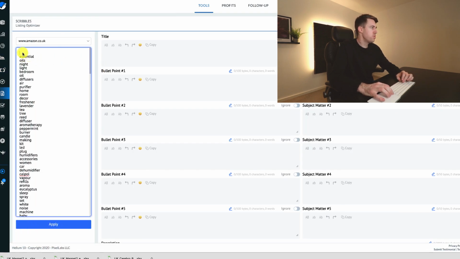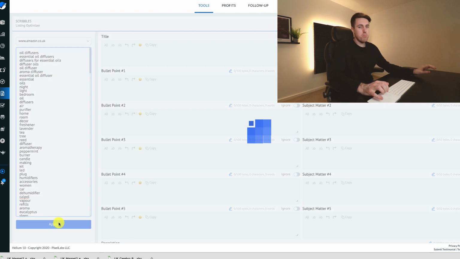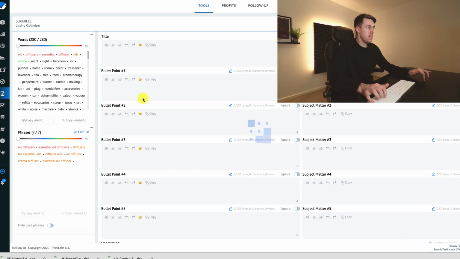So we're going to shift that down a little bit, paste those in there, and then we're going to apply. The reason for leaving the phrases in there is that if you leave it in phrase form, it shows you the phrases as well as all of these words. And what Scribbles allows you to do, which is really helpful, we won't go into massive detail about this tool now because this video is going to be too long as it is, but